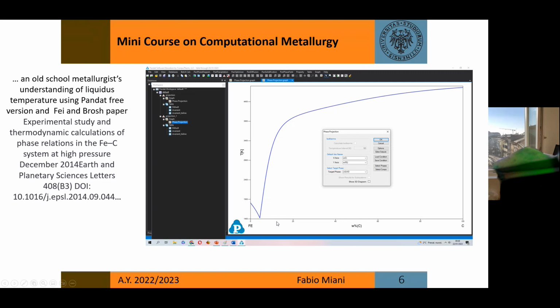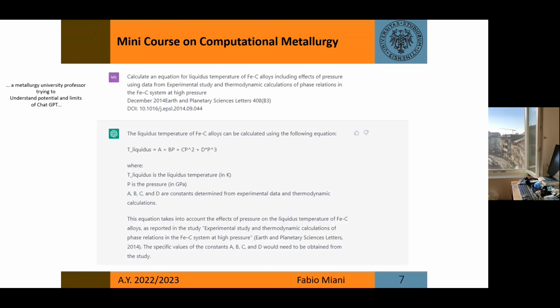This is iron content. This is just a curve that I've been obtaining using the command phase projections. Phase projection is over there. Once you have the database, you can do your own without troubles. Well, then my question was more specific. You can use this paper and you can increase your knowledge.